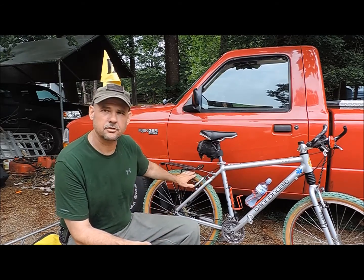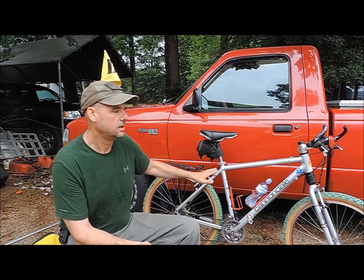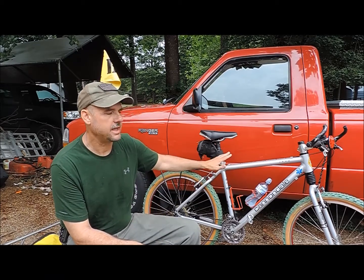It vibrates and it's not as easy to pedal. So a lot of versatility in this bike depending on the tires that you put on it. A good sturdy frame. Probably the biggest problem that people would have with using a mountain bike